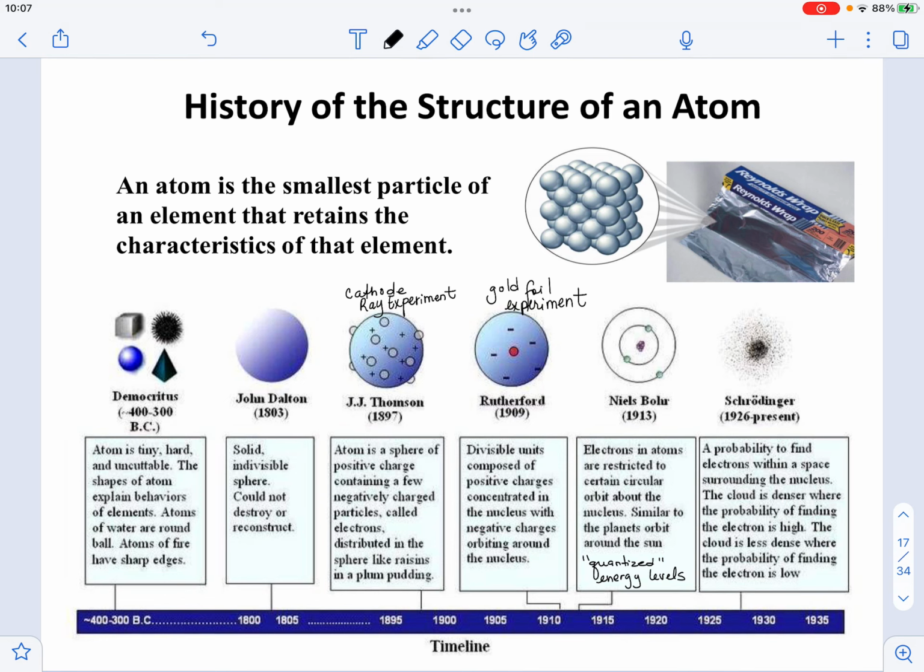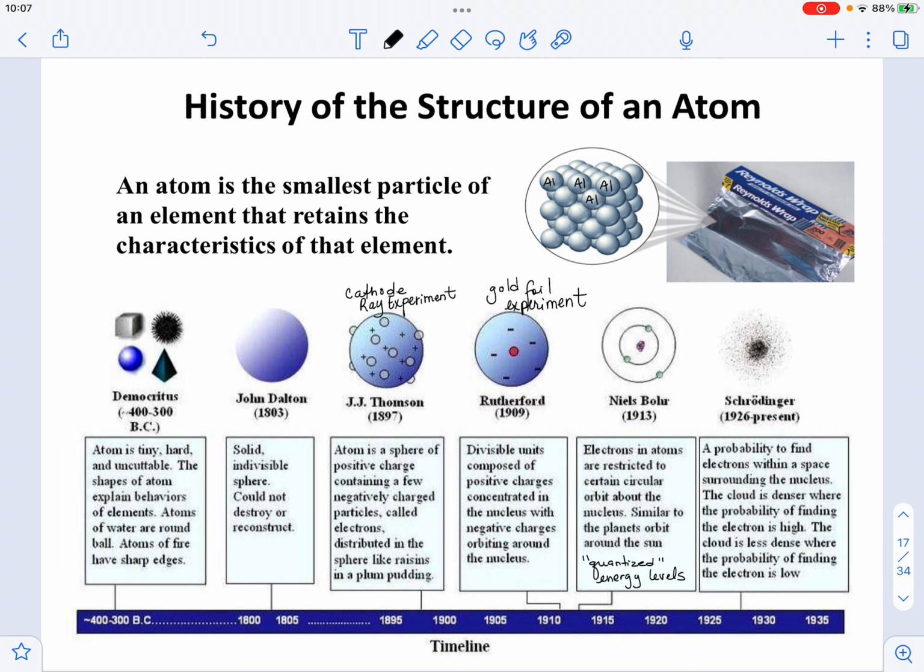So, let's understand that whenever we're talking about an element, elements are made out of atoms. And by definition, an atom is the smallest particle of an element that retains the characteristics of that element. As we can see in the picture in the top right corner, here we have an image of aluminum foil. Aluminum foil is made out of aluminum atoms. So each one of the spheres that we see here is going to be representing atoms of aluminum coming together